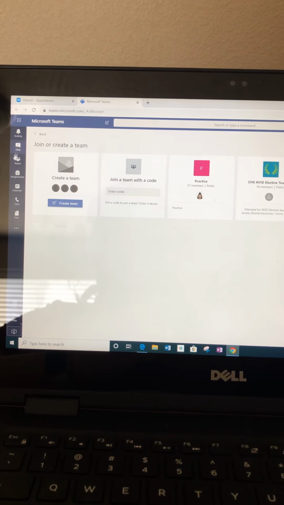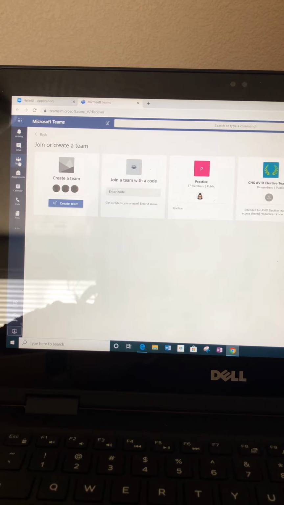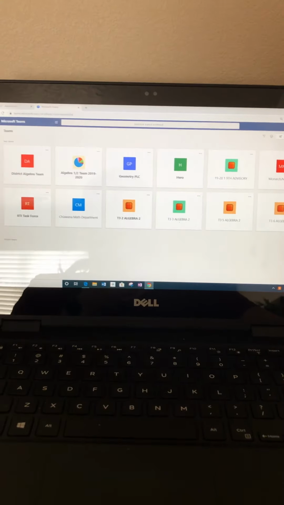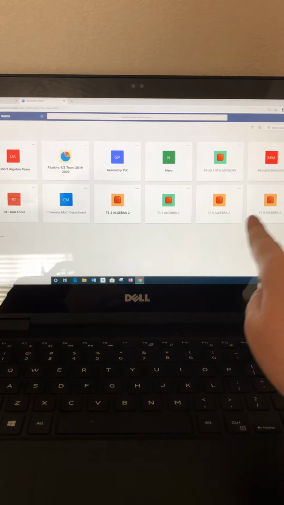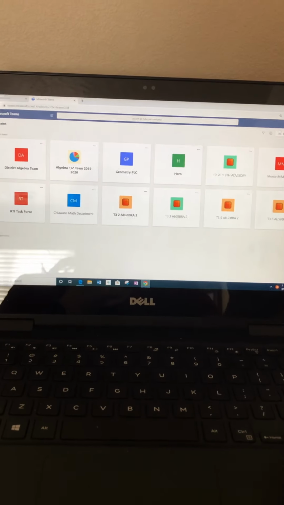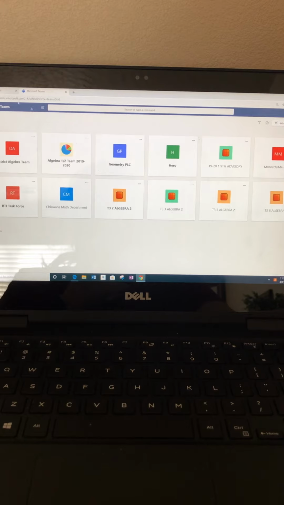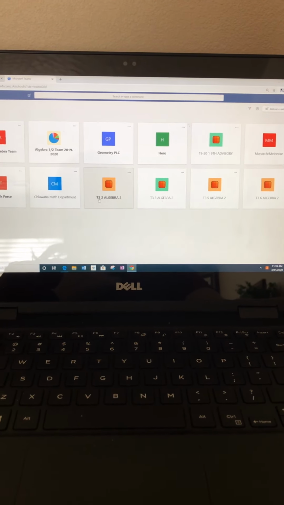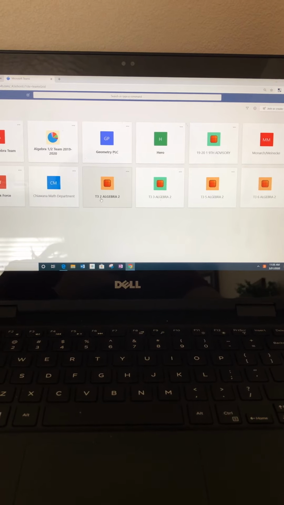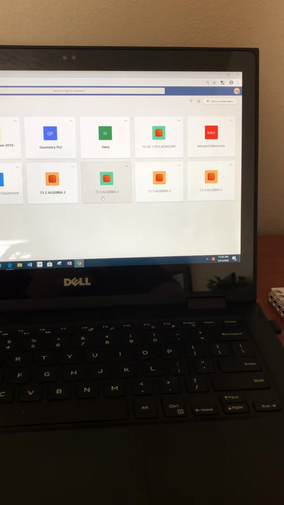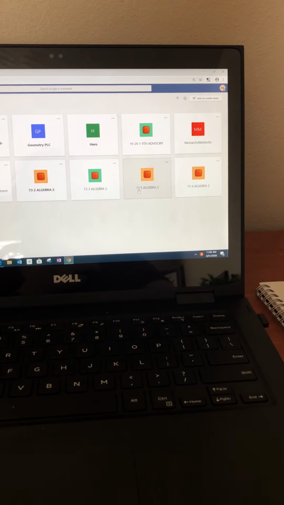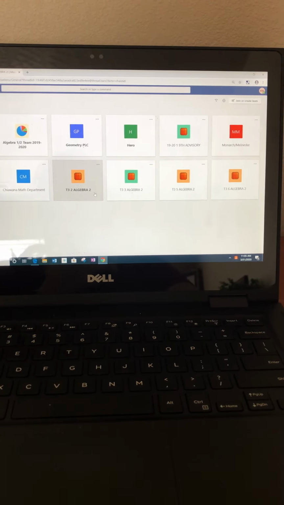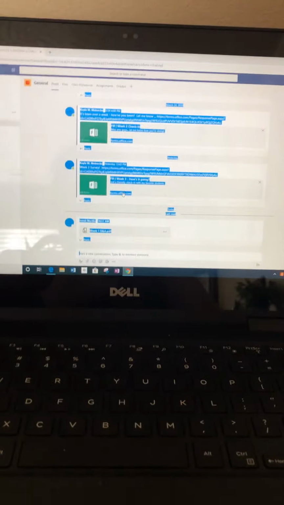And then if you go on this little panel on the left, click on Teams again. You might have to double click. But you'll get to the screen where you have probably multiple teams, which are classes. So I want you to make sure that you go to the one, if you're my second hour kid, it would be Try 3, T3, second hour, Algebra 2. If you're third, there's a little 3 in there, or 5 or 6, okay? But make sure you're doing Try 3. When you get into there,